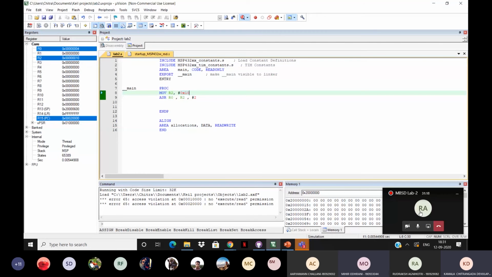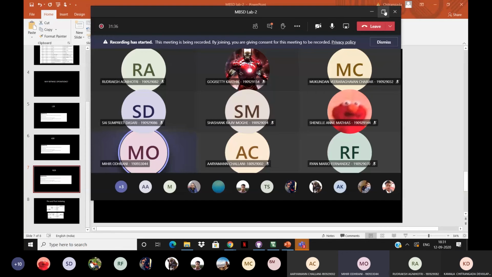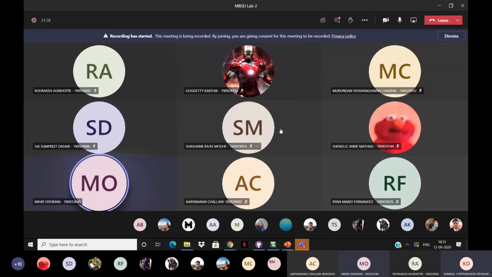In ROR, basically your LSB shifts to the leftmost position. So your LSB is now your MSB. So basically there's no insertion of new bits, right? You just keep rotating the bits with the same value. Yeah, they just keep rotating.